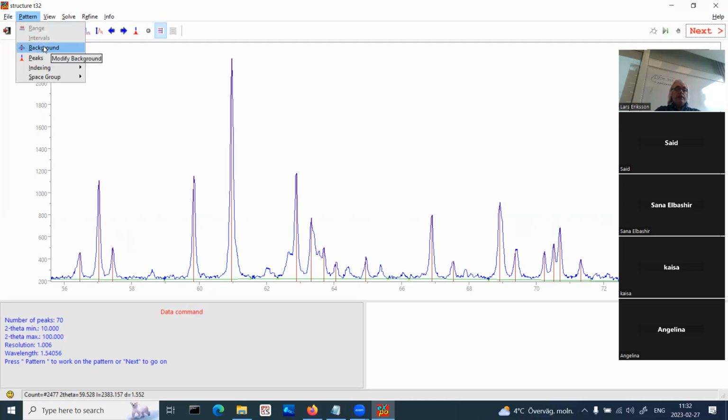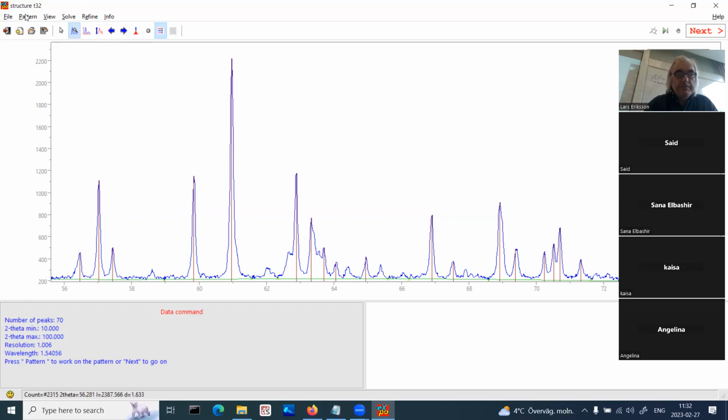You can modify the background, and you can modify peak search conditions. Also the indexing, you can actually use DICVOL here also. But we can go for peak search, and then